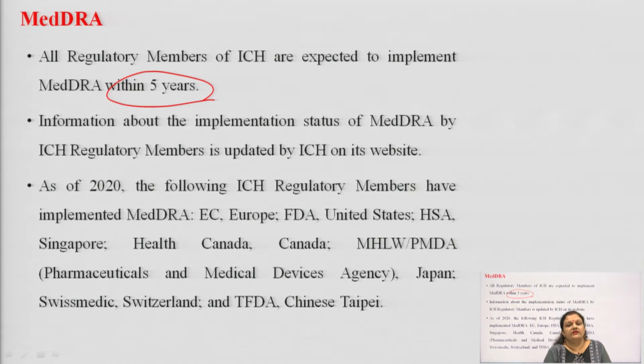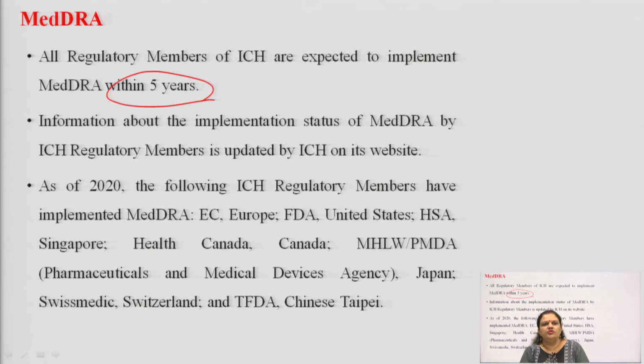its website. You will get this ICH website through the Google search engine, International Conference on Harmonization. It will publish the changes done after regular approval of the MedDRA dictionary in the gap of 5 years. Then, as of 2020, the following ICH regulatory members have implemented MedDRA: